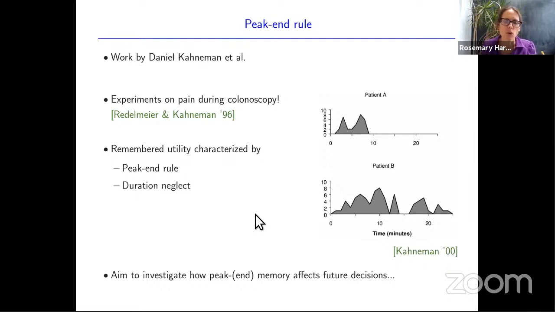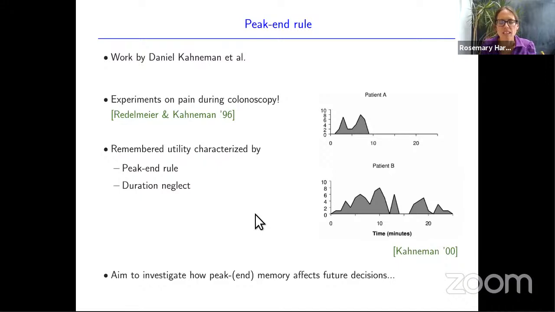And since then, the peak end rule has been tested in different scenarios, happier scenarios, how you remember holidays, for example, with the idea being that you remember the best bit and the journey home, perhaps, how people evaluate movies, and various other situations. And I would say that in some cases it seems to work well, in some cases it works a bit less well. But what is true and is evident is that as humans, we don't remember everything. We don't just remember the most recent things. We don't have some kind of smoothly decaying memory kernel, but actually we remember particular snapshots, particular episodes, and in particular, we remember extremes.